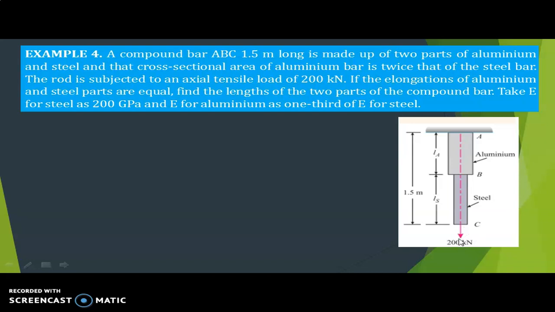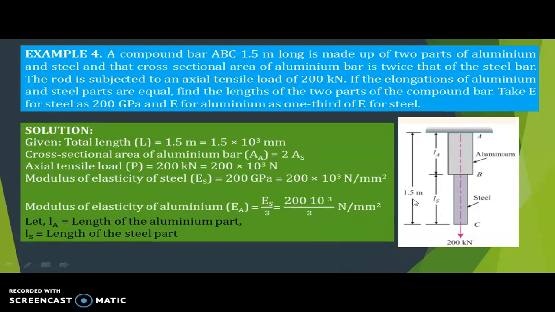P is 200 kilonewton. If the elongations of aluminium and steel parts are equal, means if deformation is same, delta L of aluminium is equal to delta L of steel. Okay, axial load is 200. If the elongation of the aluminium and steel parts are equal, find the lengths of the two parts of the compound bar. So here we have to calculate what is the length of aluminium bar and what is the length of this